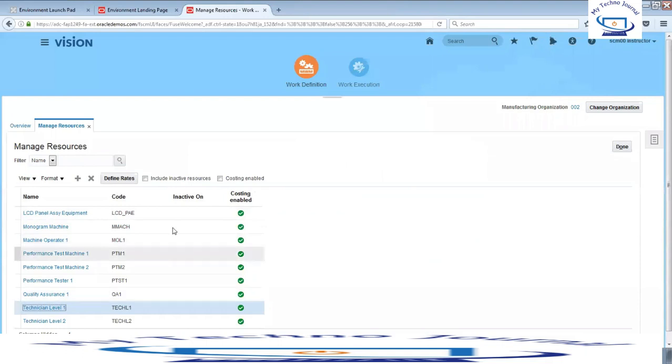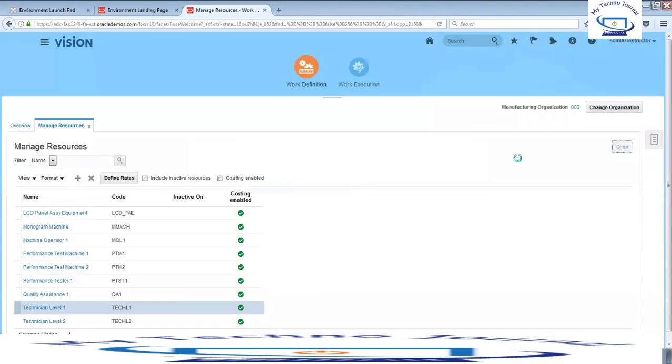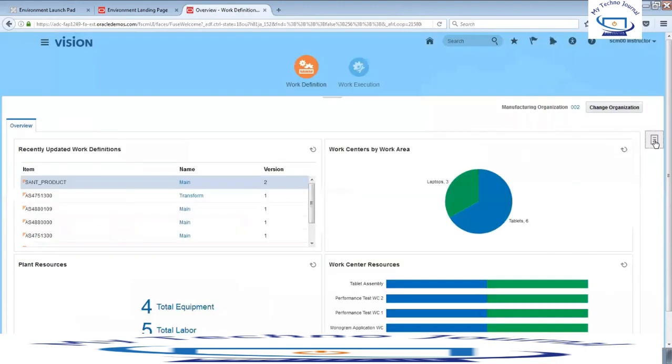That is about resources, and you can even define rates for them. If you want to create new, you can just hit on this and create a name, code, type, and these are all org specific. So the same resource, you cannot define it twice. Okay, done. And next is your work center,